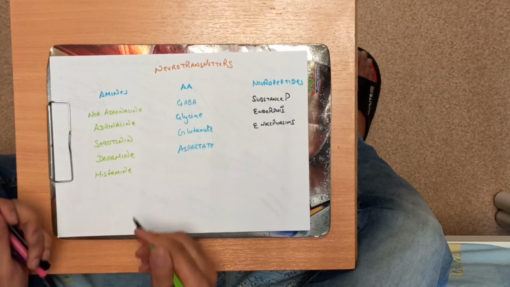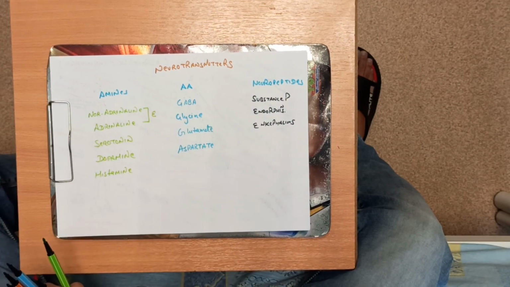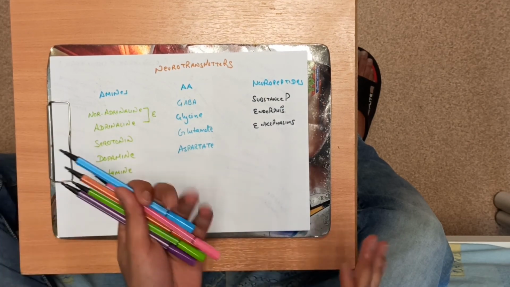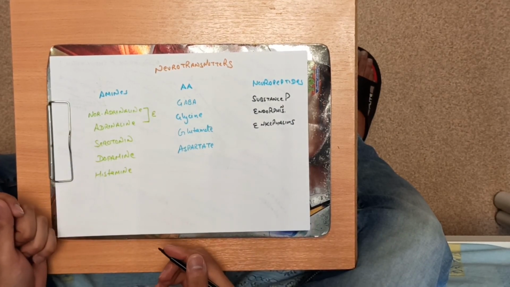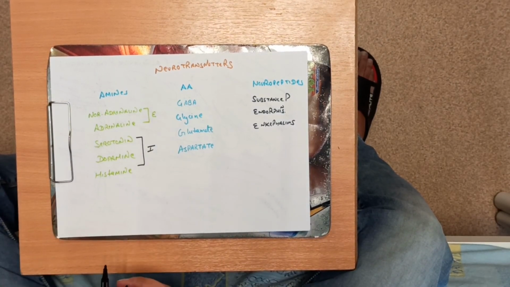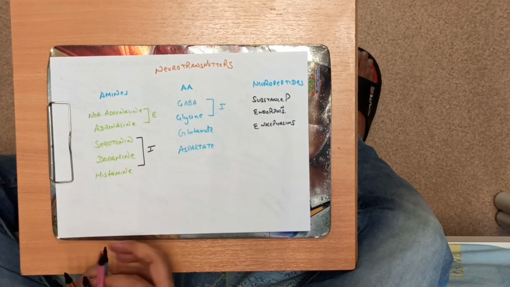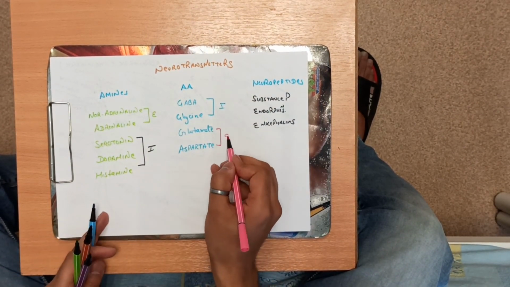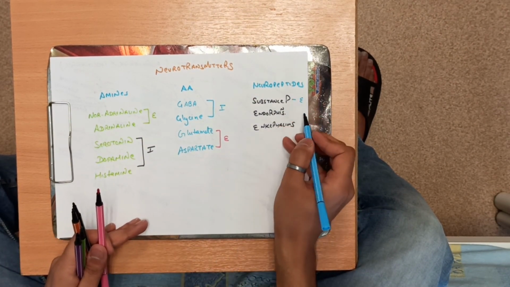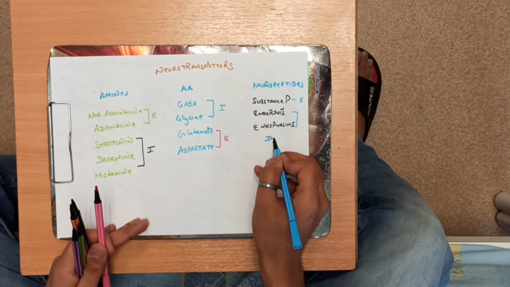Now adrenaline and noradrenaline, these have an excitatory effect. They excite the cell membrane or they excite the synaptic transfer. Serotonin, dopamine, and histamine, these are inhibitory. GABA and glycine, these are inhibitory. Glutamate, aspartate, these are excitatory. Substance P is excitatory, whereas endorphins and enkephalins, these are inhibitory.